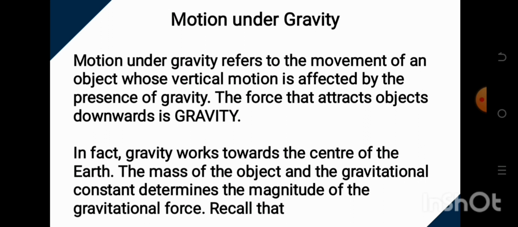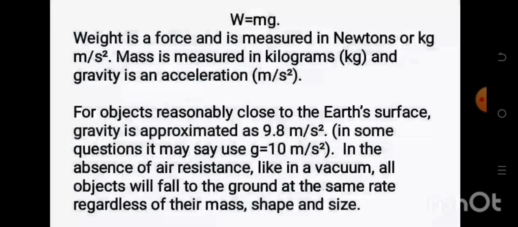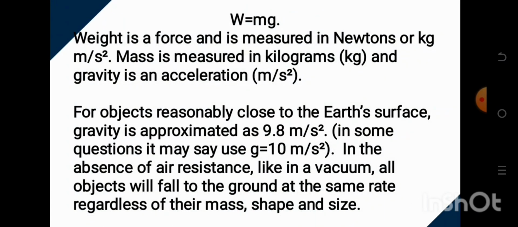In fact, gravity works towards the center of the earth. The mass of the object and the gravitational constant determine the magnitude of the gravitational force. All right, let's recall something. Recall that W equals mg, that is, weight equals mg. Weight is a force and is measured in Newton, or kilogram meter per second square, while mass is measured in kilogram, and gravity is measured in meter